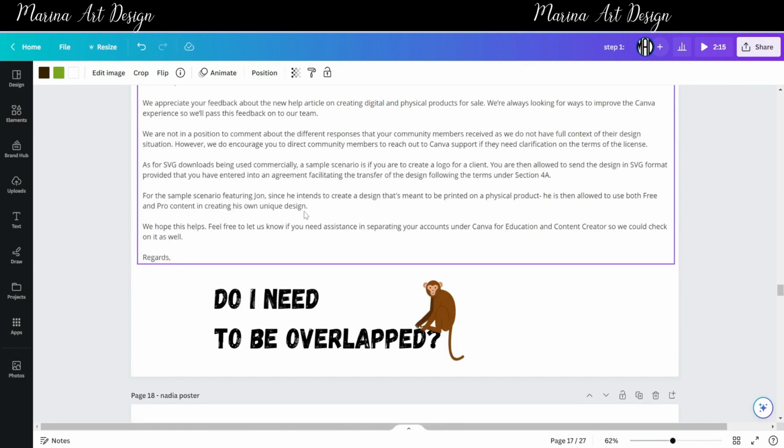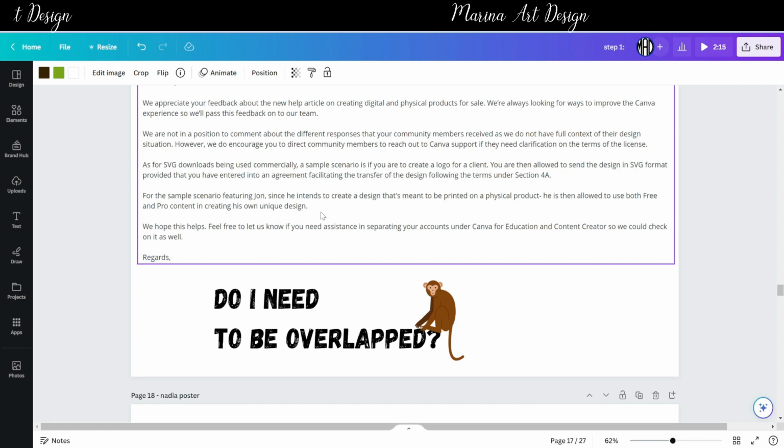But they did not say that. The reason why I'm giving you this advice is because I'm basing it on what the entire industry is stating about how you can use clip art. So this is not a Canva rule. This is actually an industry standard, that if you are using clip art from the internet for your own design,